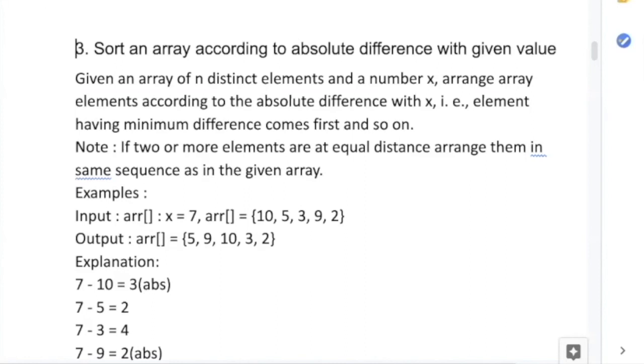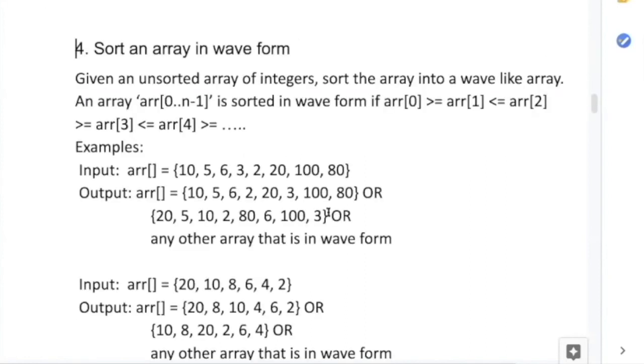Okay. Question number 4. First of all, I'll explain the question and then I'll ask it. Suppose this is the array that has been given. Just like in a wave, when you go to Goa and you are at the beach side, what happens? Sometimes the crest and the trough happen, the high tide and the low tide.